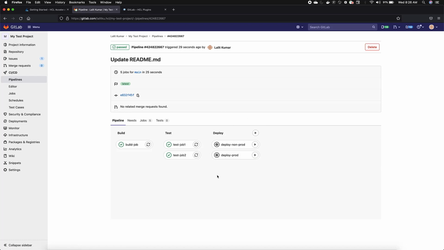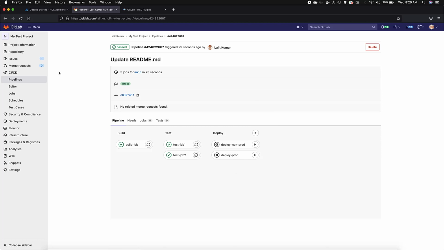You might want to do this because you want to deploy your product or software into a non-production environment, test it manually, and need someone's approval. So you can create the deployment plan inside HCL Accelerate and trigger these jobs manually after some approval. Once you have done this basic setup, you can integrate GitLab with HCL Accelerate and run deployments and import these deployments into HCL Accelerate.